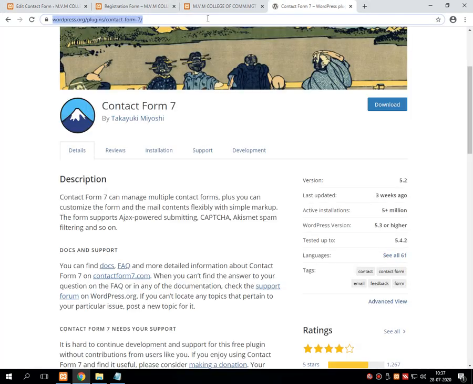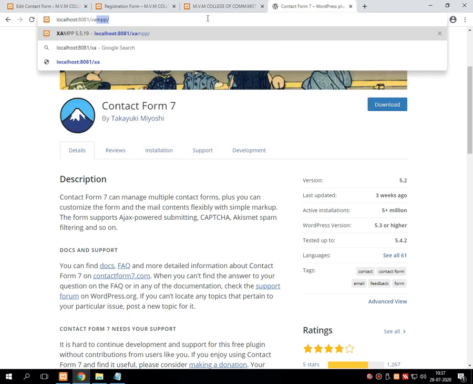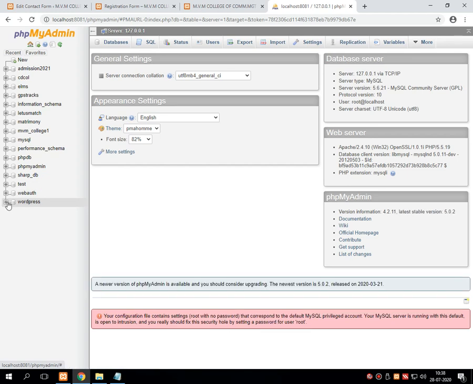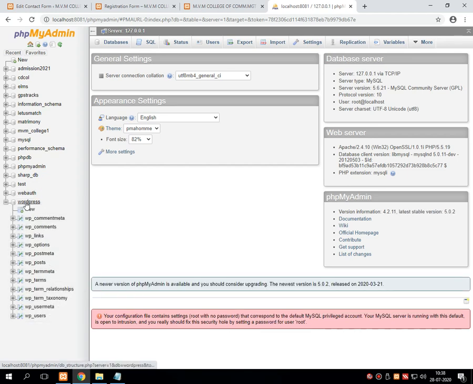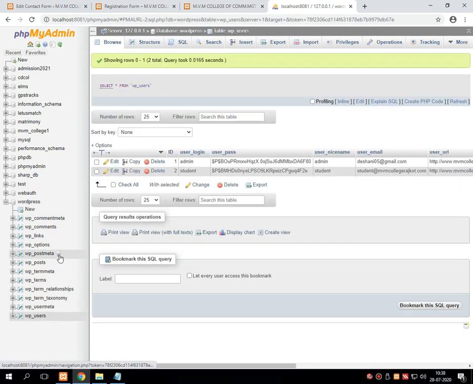For that, here I am opening phpMyAdmin by writing this URL, then selecting phpMyAdmin. In phpMyAdmin, there is a WordPress database we have created. In that WordPress database, there is a wp_users table.